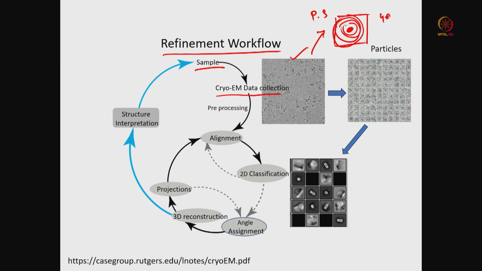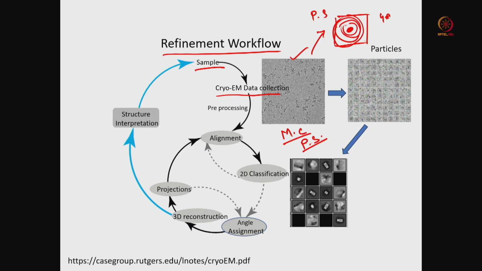Definitely when we collect data we will do the motion correction. We have to look at our power spectrum and consider whether those images are good enough for high resolution reconstruction. If we have a good data set with very high resolution images, we can consider those for data processing. So, in this data processing step, what is next?